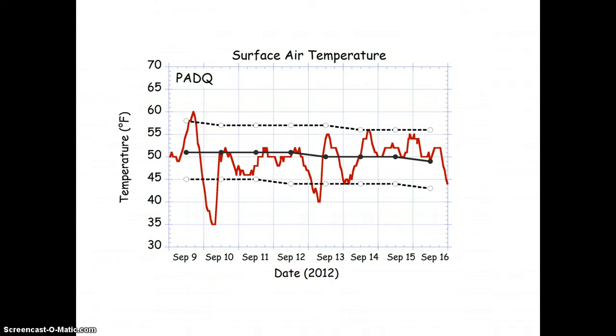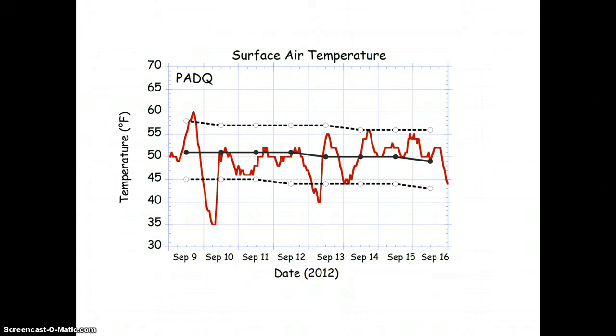So you can see here that this is a plot for the surface air temperature of Kodiak starting from September 9th and going through September 16th. And you can see here at the beginning of the week there's some large variations starting at the 9th and the 10th, but overall there's a general pattern for each day where it's cooler in the morning, spikes up during the midday, and then cools back down late at night, which is pretty normal to see.